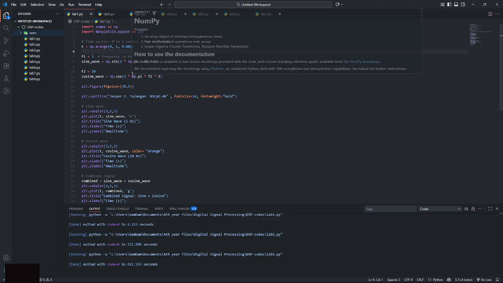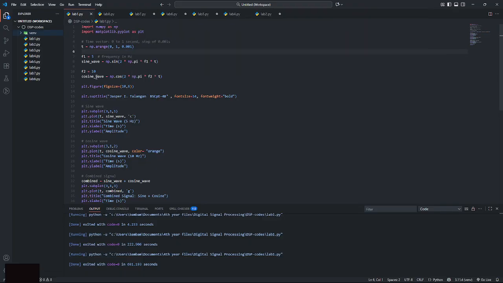Then we define two signals, the sine wave and the cosine wave, using the mathematical equations for sine wave and cosine wave. As you can see here, we define f1 equals 5 and f2 equals 10, and use them in the equation.